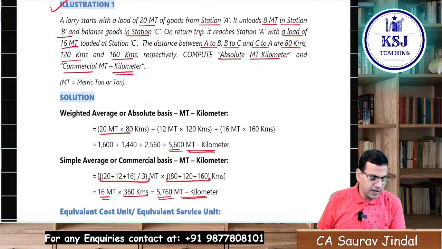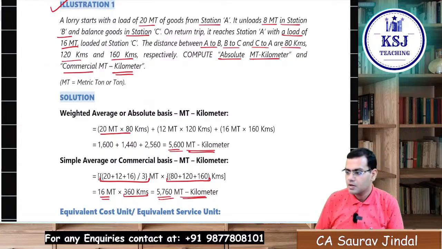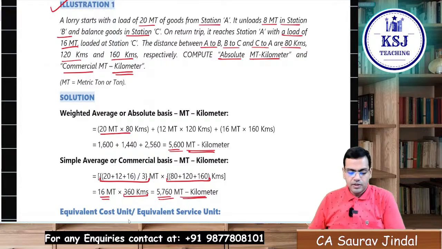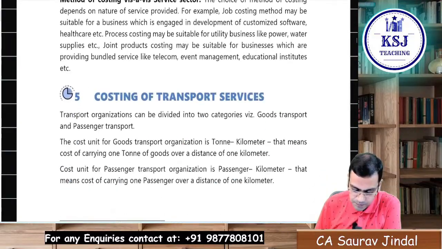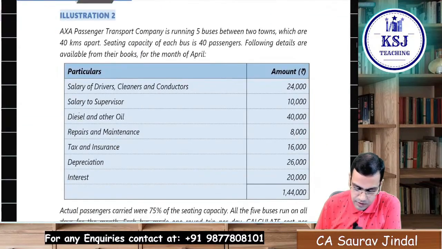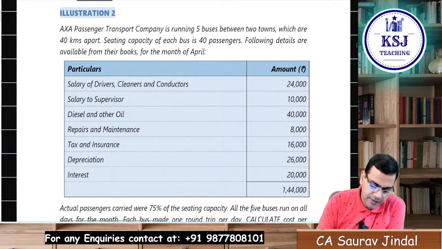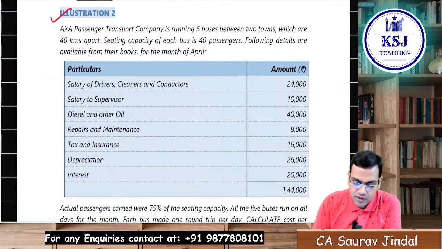Clear? Let's move ahead. Okay, let's move on to illustration number 2 now. Let's move to illustration number 2. Okay, let's see here. AXA passenger transport company is running 5 buses